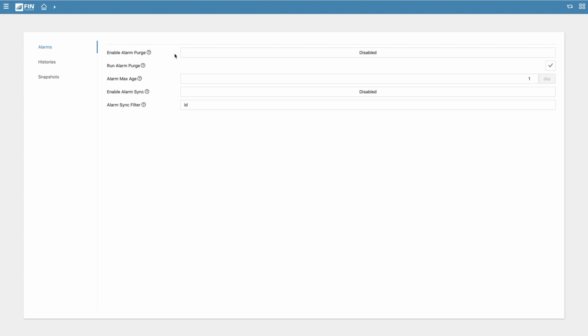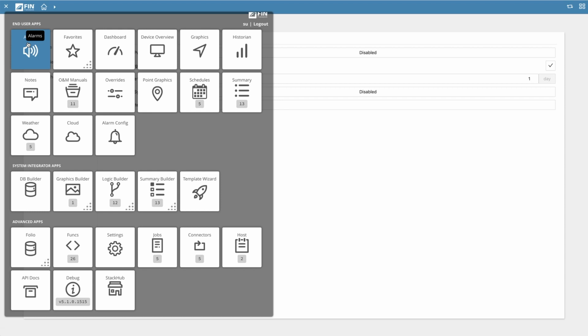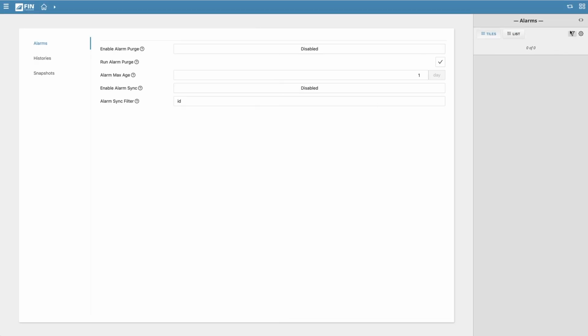Okay, so let's go over how the alarm sync and purge settings work. Before I enable anything, I'm going to show you the alarms we currently have in our local project, just to help you get a better visual of what the sync does. So to do this, I'll open my Alarms app, and as you can see, we currently have no alarms in